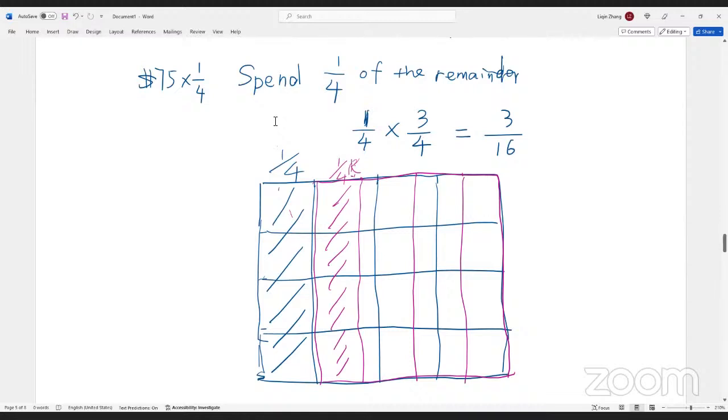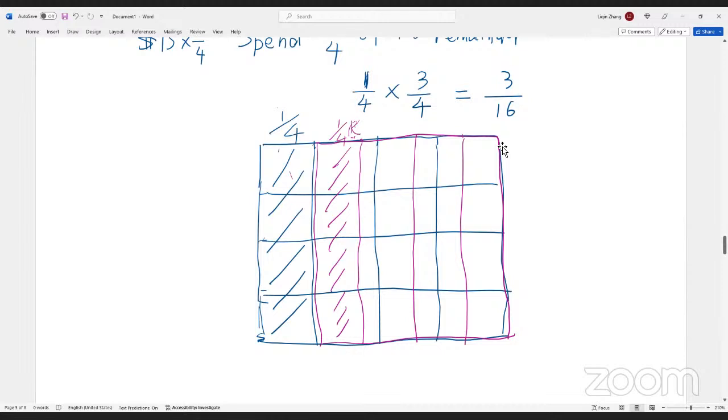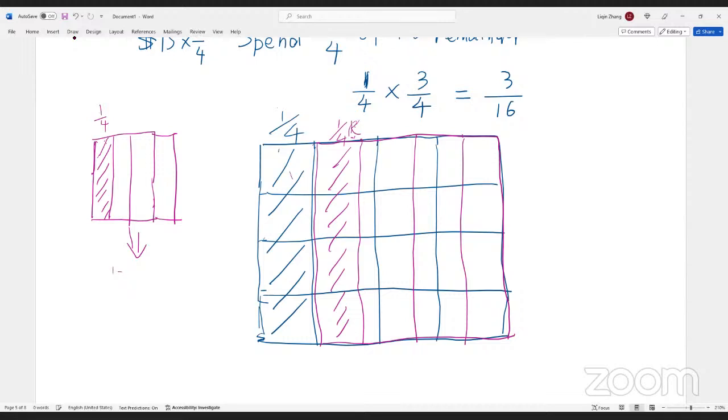But another way is, let me see, we can draw here. So this is the original one. So first of all, the 1/4 has been spent. And then for the rest, 1/4 of the rest will be, so 1/4 of the rest we can